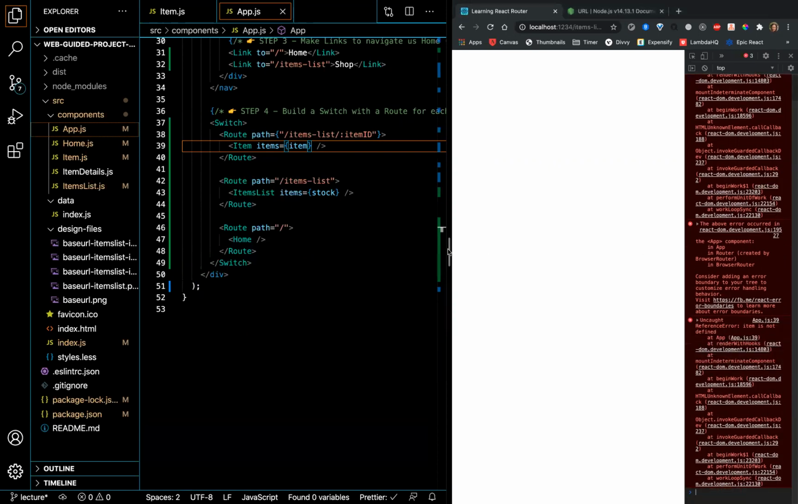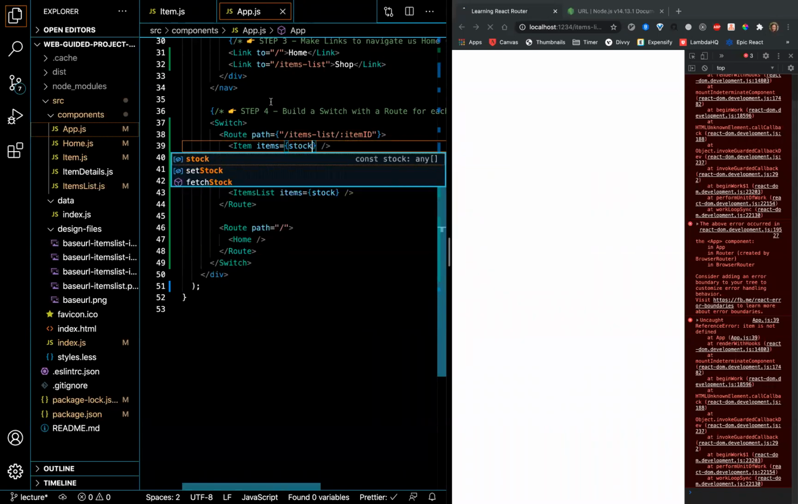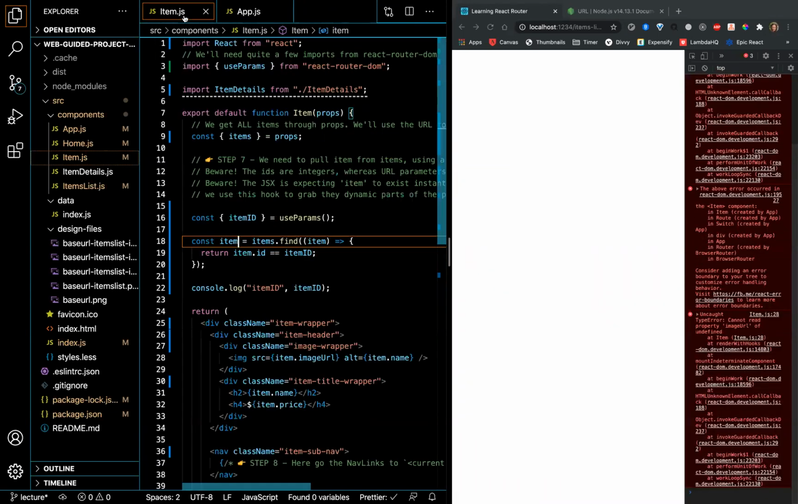Yeah, I'm not seeing what I should be passing in. I think you're right that it should be items equals stock. That definitely seems right. And then in here, I should be having, what should work is,